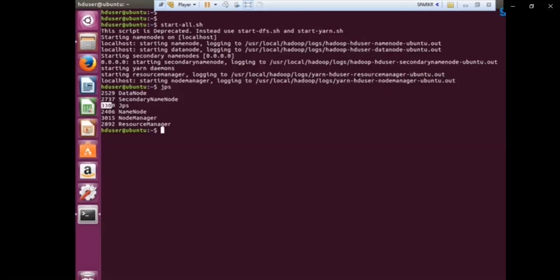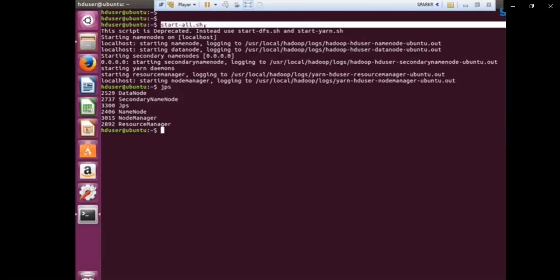Now we have used the jps command that lists the Java processes. It is showing some numerical values. Forget about these numerical values. These are nothing else, just the process IDs assigned by Java. So we can ignore all these numbers. These are just process IDs generated by the operating system. Ubuntu has assigned them.